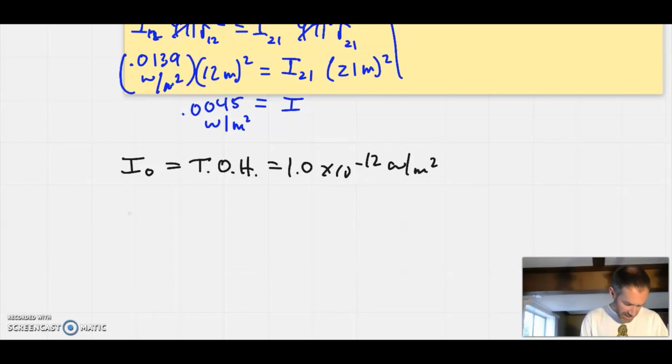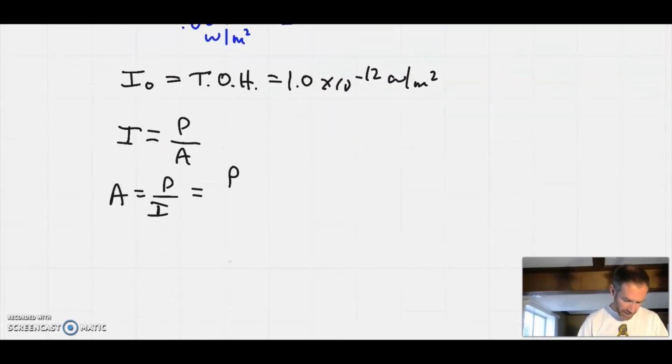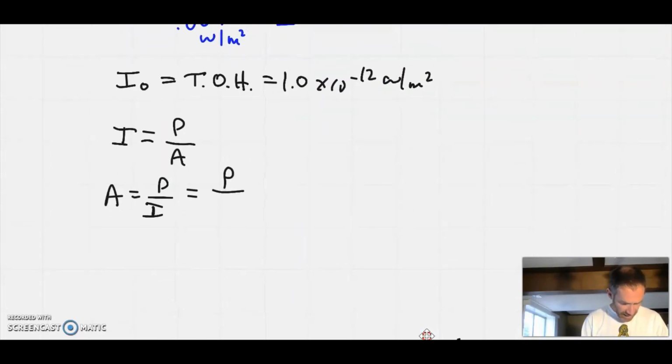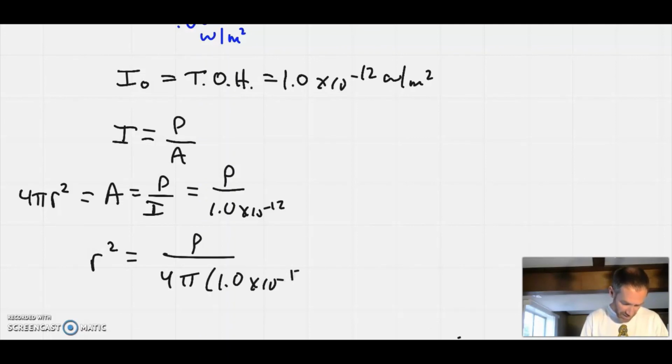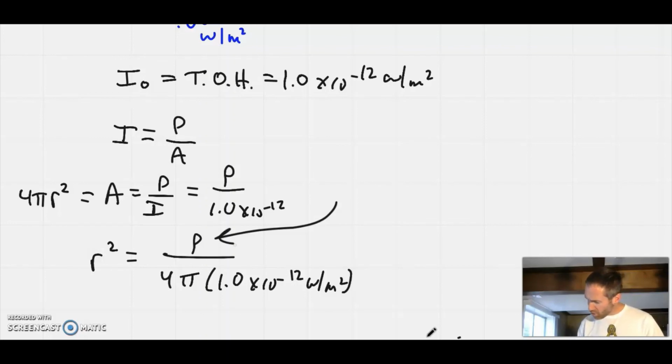Okay, so like I have been saying, intensity is power divided by area. And so the distance is in that area term. So let me make this: area is power divided by intensity. And so that's going to be power divided by an intensity of 1 times 10 to the minus 12. And at the same time, that's equal to 4 pi r squared. So I could say that the r squared is the power divided by 4 pi and the 1 times 10 to the minus 12 watts per square meter. That power is the same as that power has been all along, 25.13 watts. So if you go ahead and get the fraction and then take the square root, you're going to get